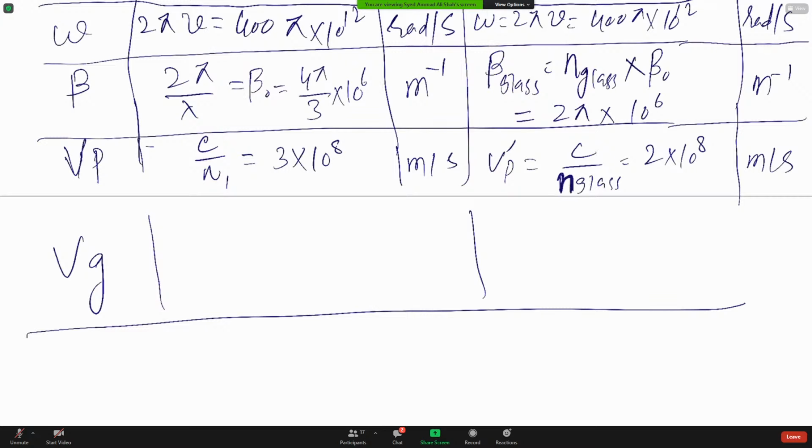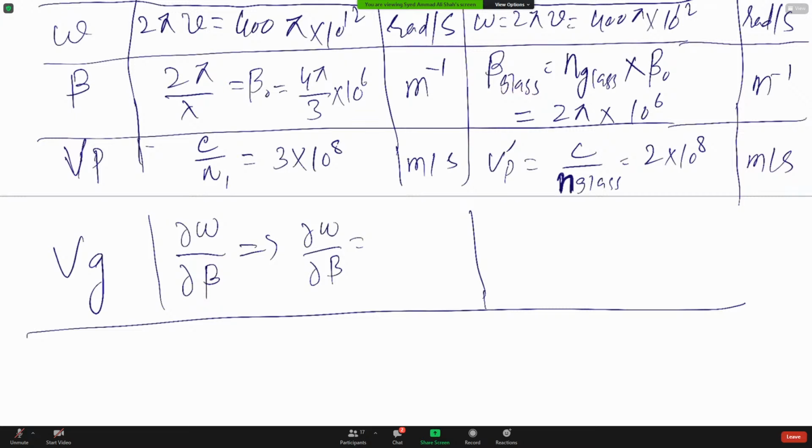What about the group velocity? The formula for group velocity was delta omega over delta beta, or curly omega, it's up to you, I call it curly omega. And what was the expression? Can you see the problem again? In the hint, it says the relationship between omega and beta is omega is equal to 3 beta squared. It means curly omega over curly beta is equal to,